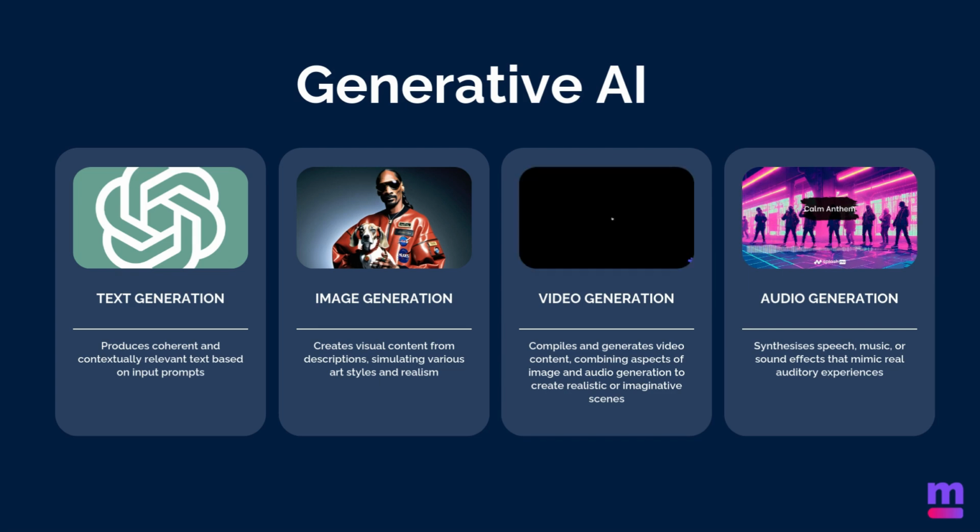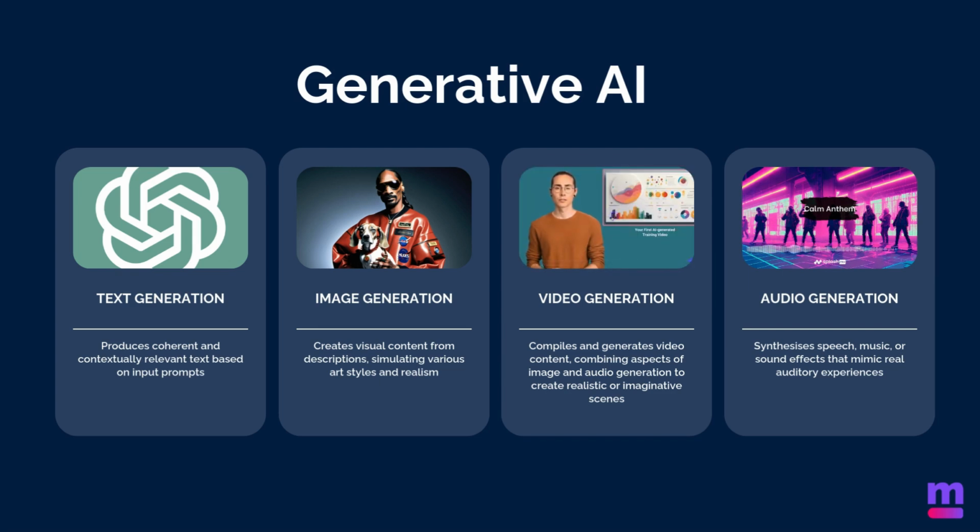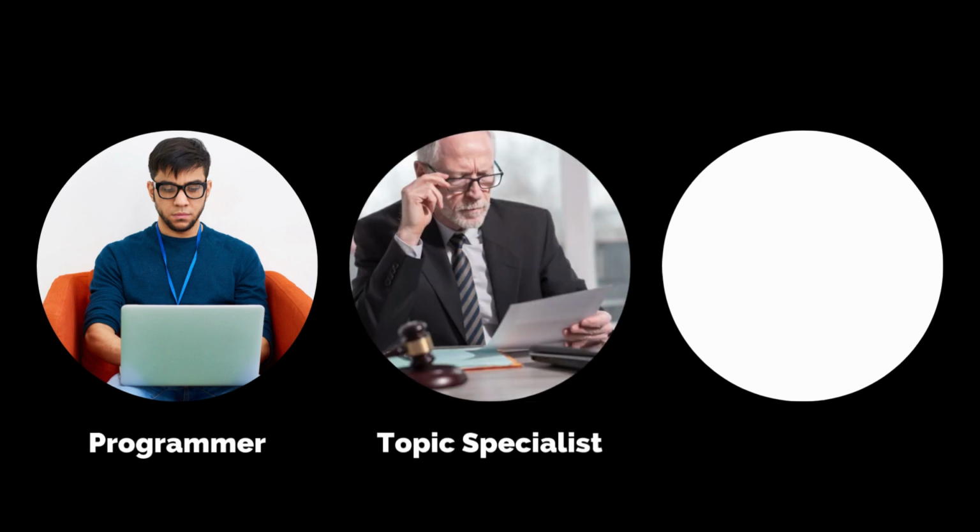Now, in the past, this was not easily available to all businesses because in order to create this sort of system, you're going to need three key features. Firstly, you're going to need a computer programmer. This is someone that's going to program the information into the system and essentially teach the AI what the rules are. You also need a topic specialist. So in this case, it would be a fraud detection expert. This is someone that knows and can identify when a fraud is taking place. It's basically the person that tells you what the rules are for identifying if it's fraud versus not fraud.